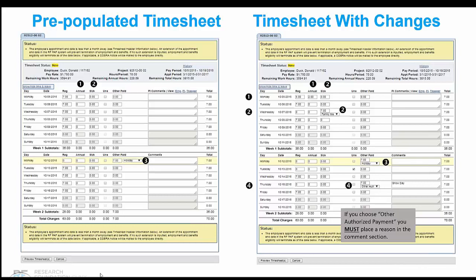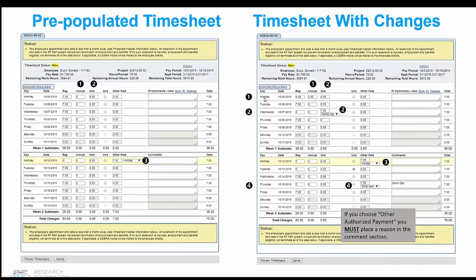Now that you understand the foundation of the timesheets, let's complete a timesheet. We have 2 timesheets we are looking at. Remember, the timesheets are pre-populated based on the EPAF. The one on the left represents if the employee didn't make any changes and they submitted for PI approval. But as you, the PI, are reviewing their timesheet, you realize they forgot to adjust their timesheet for time off that week. On Monday in the first week, Donald Duck left work 2 hours early.